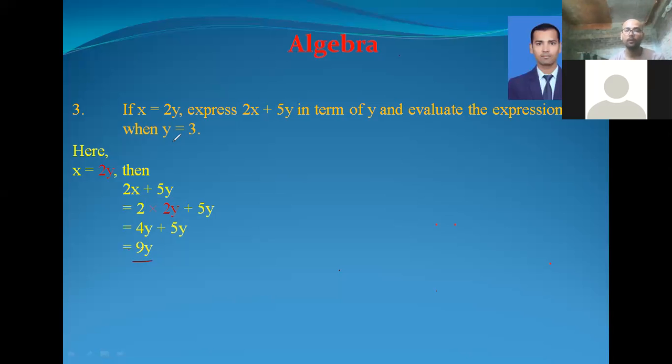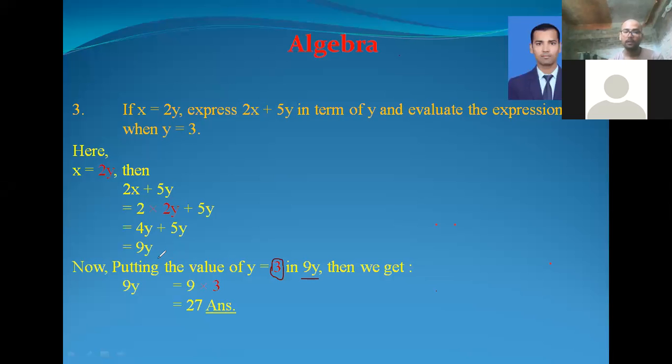Now we are going to evaluate the term 9y by putting the value of y at the place of y. So look at it very carefully, or listen to me very carefully. As you can see on the screen, now putting the value of y equal to 3. The value of y is given in red color for identification in 9y, because we are going to put the value in 9y. Then we get